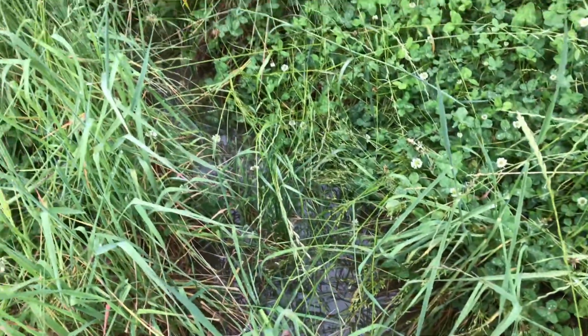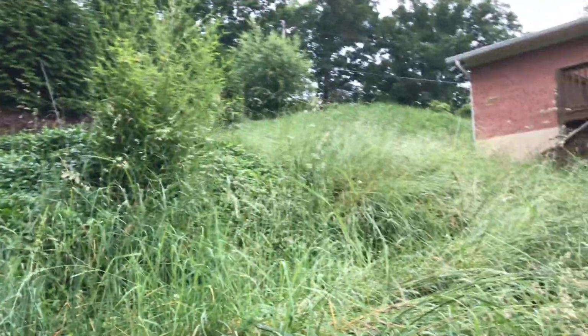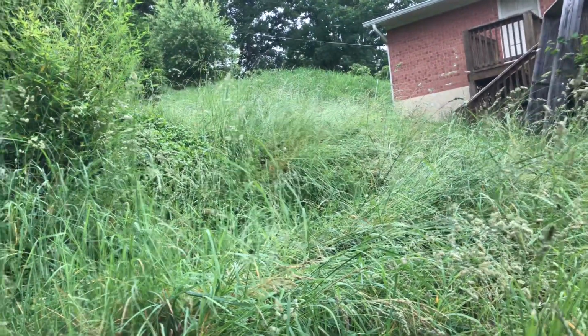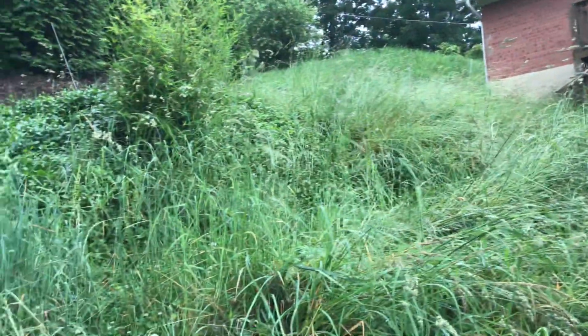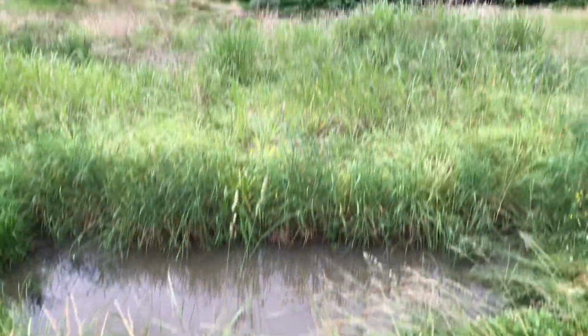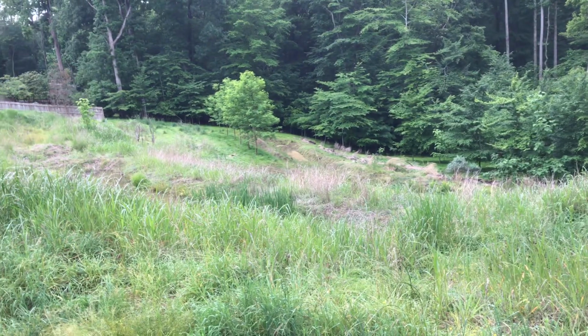So you can see water in this basin right here, and it'll be gone in a couple days. But essentially, instead of the water free flowing down this slope, which is a 50-foot elevation change, it comes through kind of some catch basins and kind of zigzags down the hill. And there was a piping system in place, but we had a heavy storm and the pipes blew out, so only a few of the pipes are still there. And then this one right here will drain out in 72 hours, but eventually goes down into the other detention